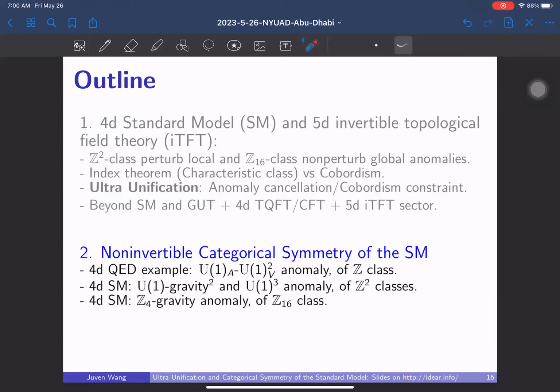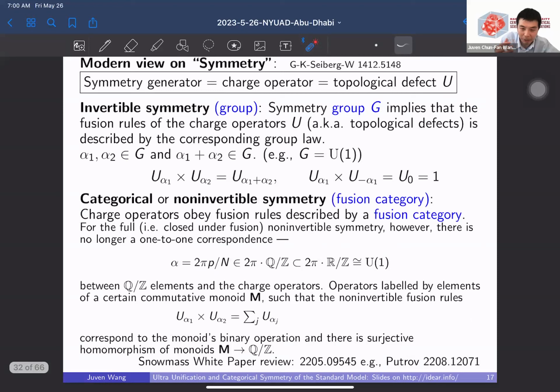Since the slides are downloadable, it's fine if I don't have time to go through all the detail. For this part on non-invertible symmetry, we now go back to look at the anomaly of the standard model, and we don't add the new sectors, but we just make the standard model suffer from that B-minus-L anomaly. And we want to say that this invertible symmetry, the B-minus-L symmetry in the standard model, can actually be partly revived and resurrected as some non-invertible version of symmetry, which some people call categorical symmetry.